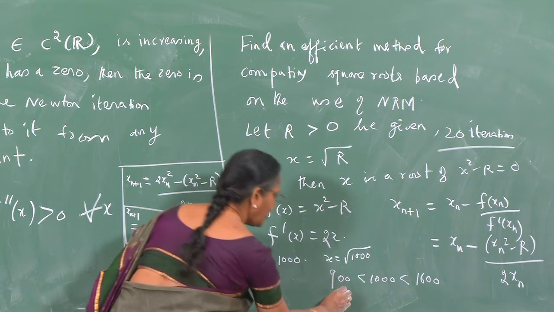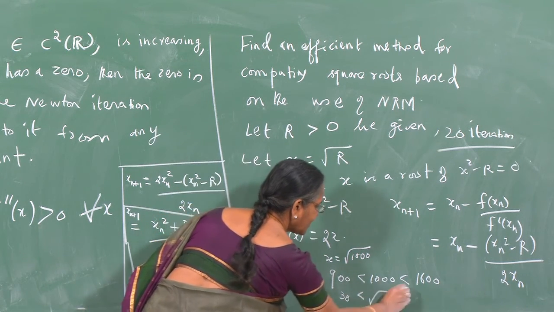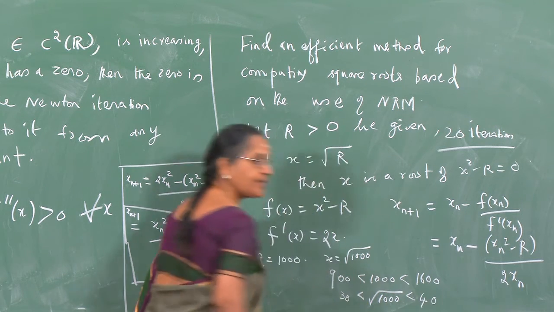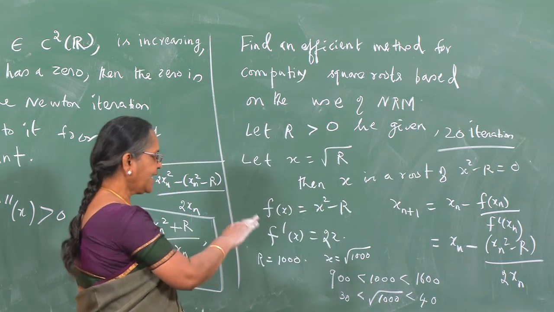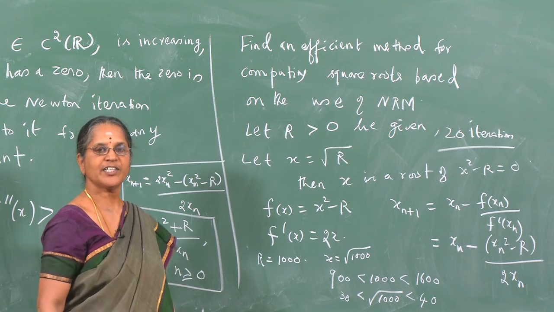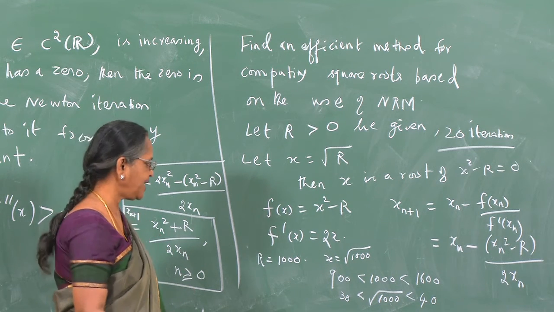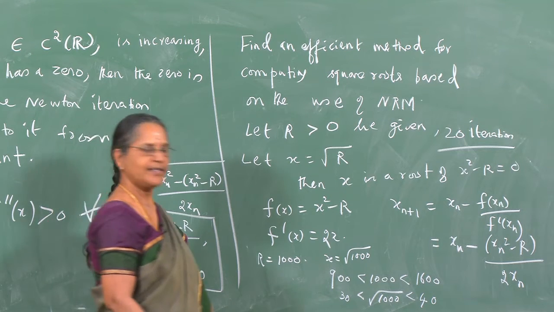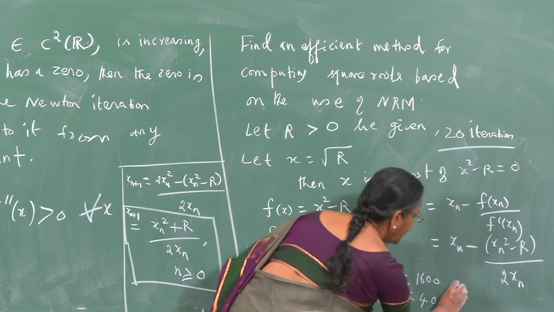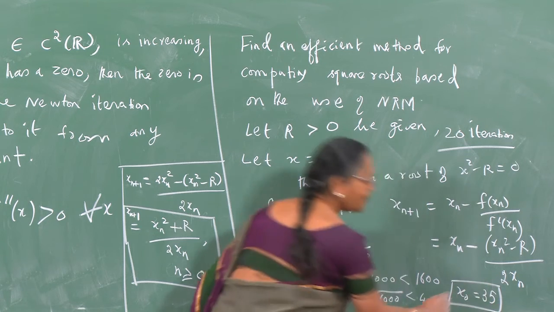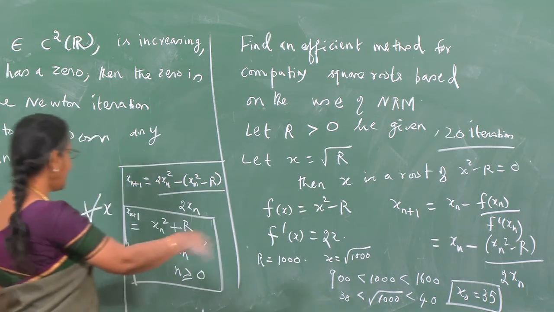So, taking square roots, 30 is less than the square root of 1000, which is less than 40. I can take an initial approximation to be any number between 30 and 40. So, let me take my initial approximation x naught to be, say, 35,